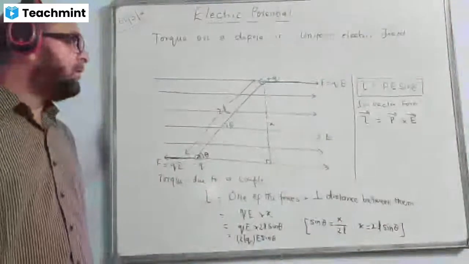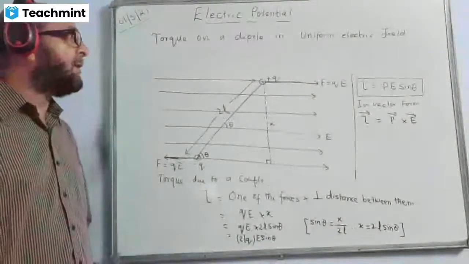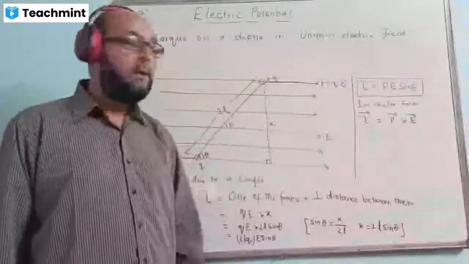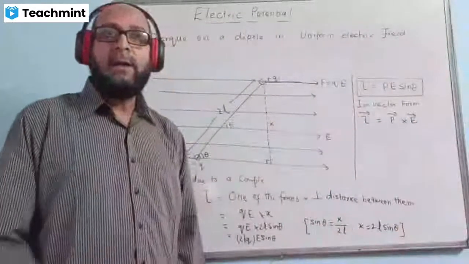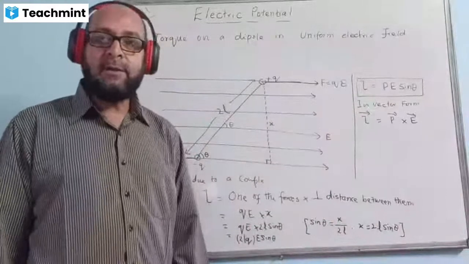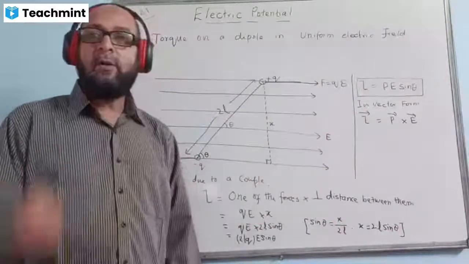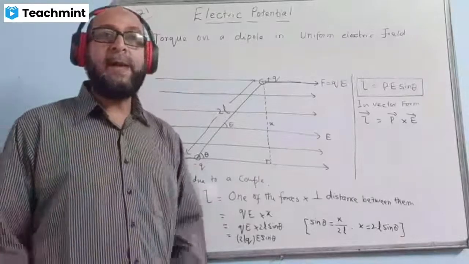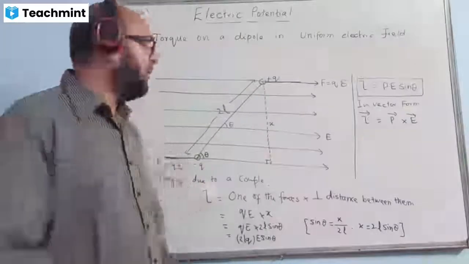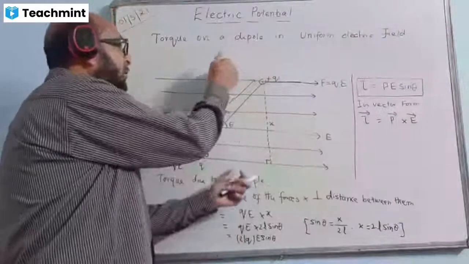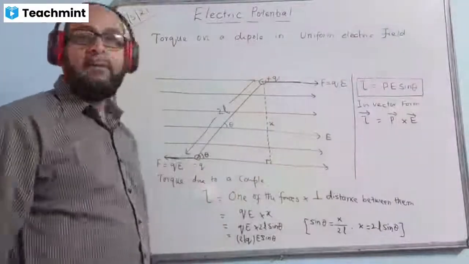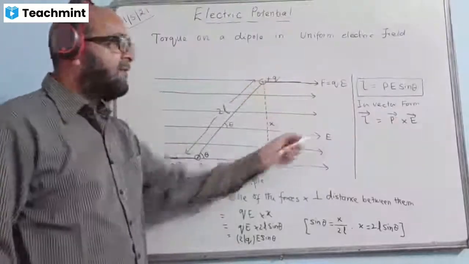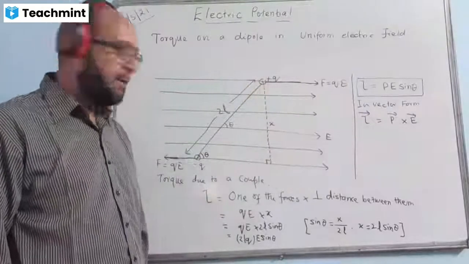Okay. Then what is the value of torque acting on a dipole in a uniform field? The formula is torque is equal to P E sin theta. In vector form, we write like this. And I told you in ISC, once they have given this question, draw a diagram only when a dipole experiences maximum torque in a uniform field. In that case the dipole diagram should be vertical here, and minimum torque will be when the dipole is horizontal, coinciding with this one. Then the theta value becomes 0 degrees.